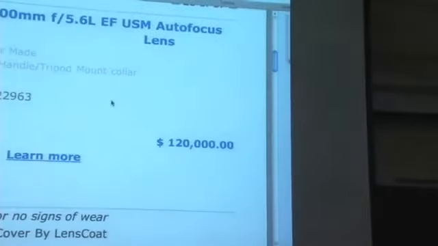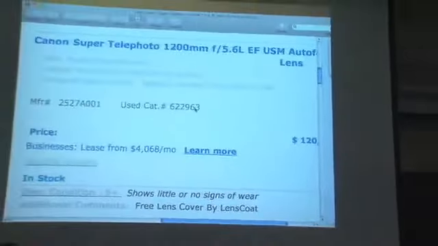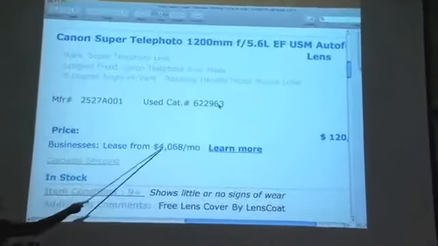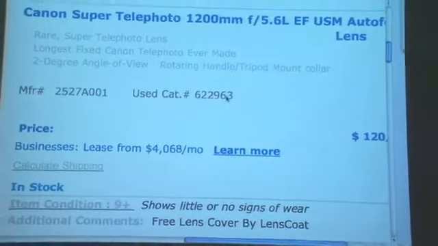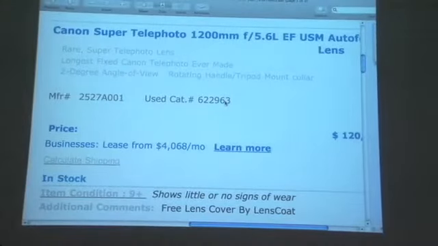$120,000. And look at this great deal that you can lease. You can lease it for only $4,000 a month. So if a number of us moved to cheaper apartments, we could put our money together and lease this particular device. Yes? I was just curious about the video, like how representative the labor intensity of making that lens is